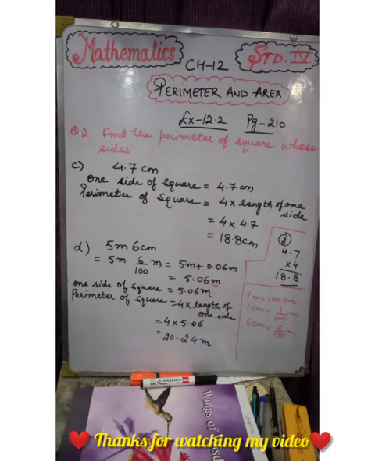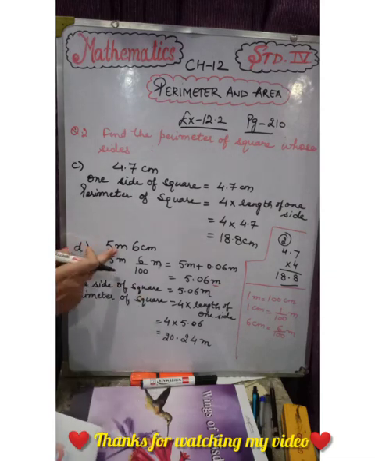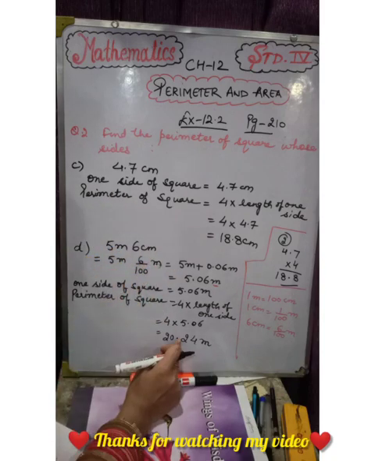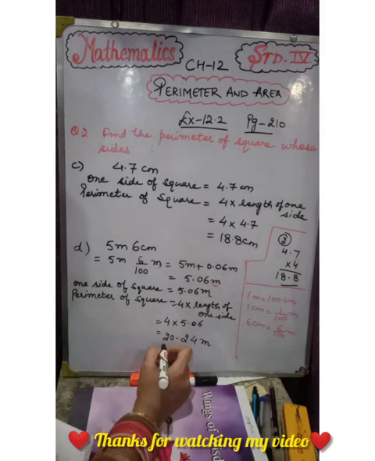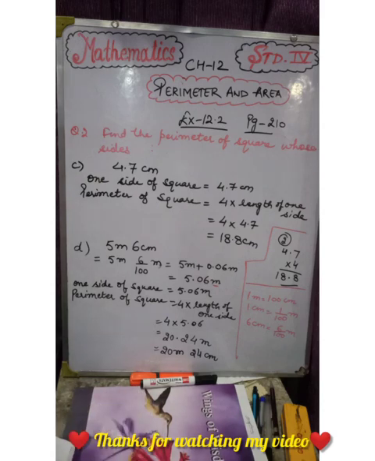Got it? I don't think so. This is a difficult chapter. It's very interesting and you can easily do this. Understand? So if we need to write the answer like it was in the question, after decimal is which part? Centimeter. So before decimal it is 20 meter and 24 centimeter. Understand? We can write it like this. I hope you all understood this. So let's move further.